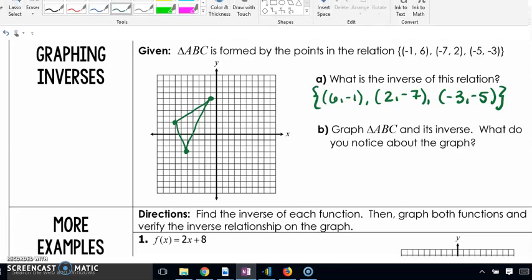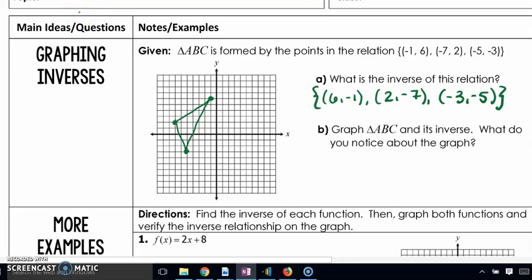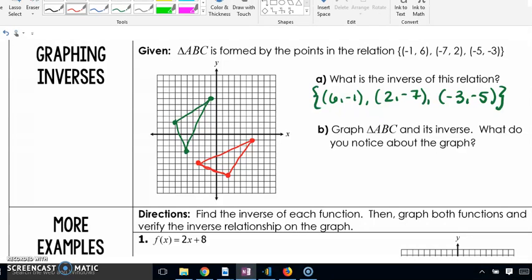Okay, so let's graph this and see what an inverse looks like when it's graphed. 6, -1, 2, -7, and -3, -5. So if you notice, they are a reflection, but there's a specific line that these are reflected across. It says graph ABC and its inverse. So we did that. What did you notice about the graph? So you might notice that they look like